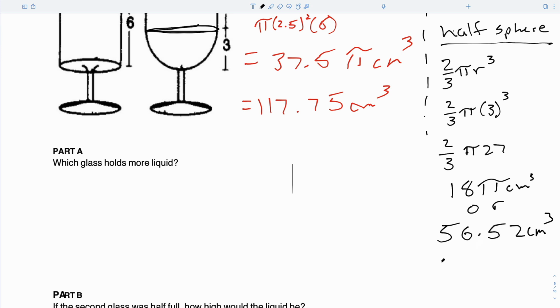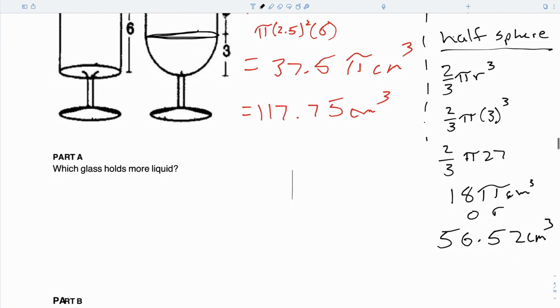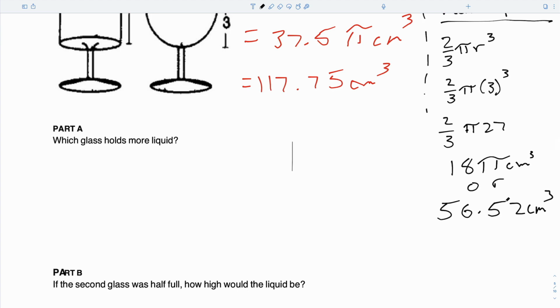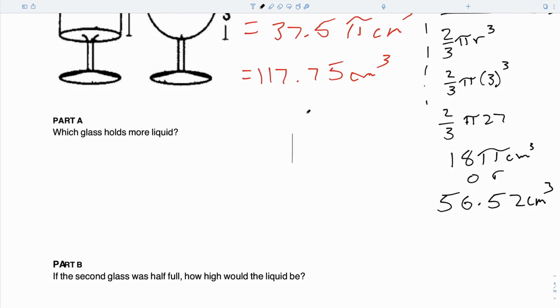So what do I have to do if I want to find the whole goblet, Julia? I found the bottom part and the top part. What do you do to get the whole thing? 84.78 plus 56.25, or 18 pi plus 27 pi. We'll do both. It's going to be 45 pi,